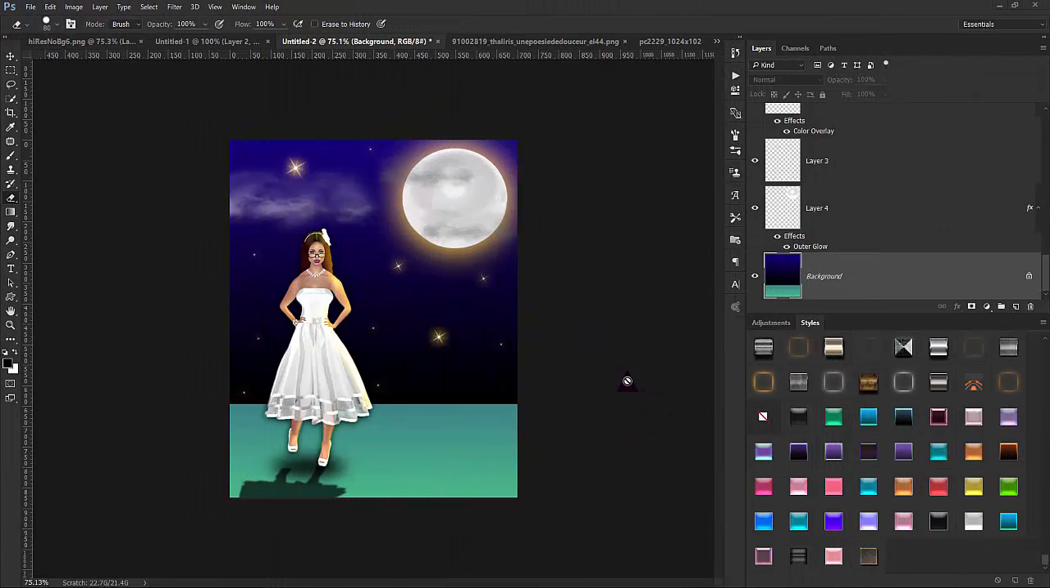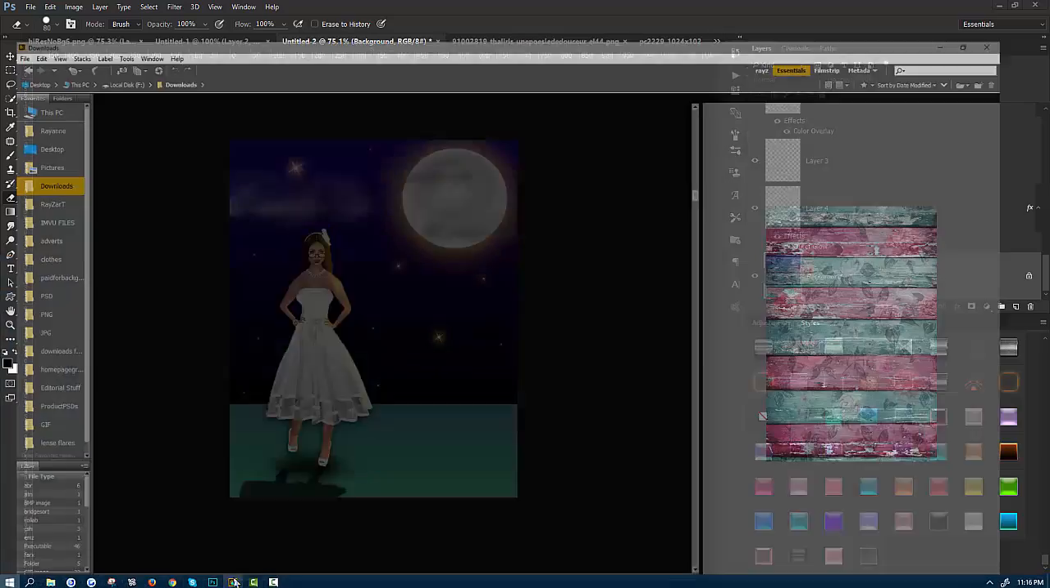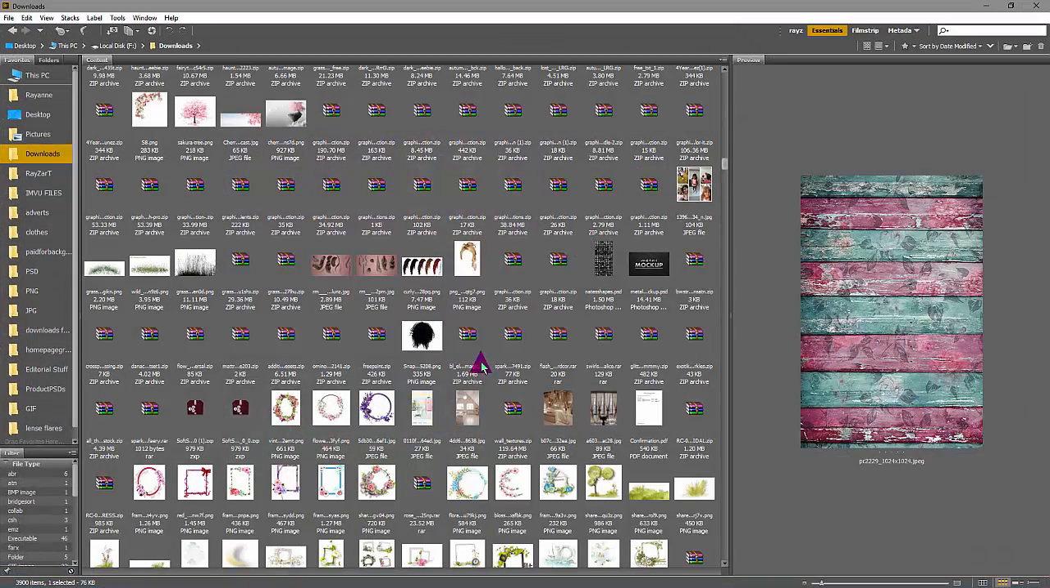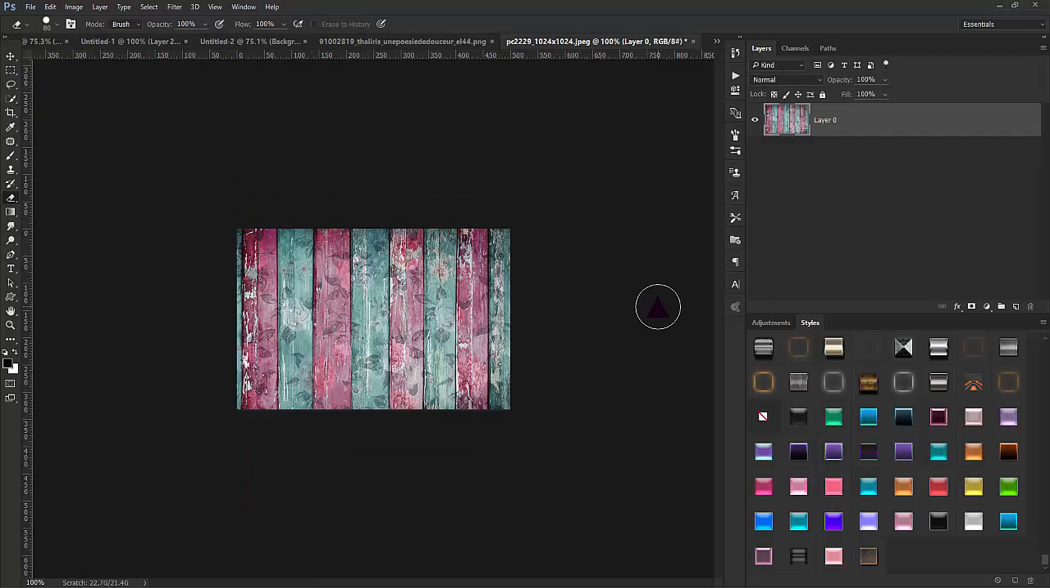Okay, so I have decided to make a new floor for this image. So that's what I'm going to do. I found one I'm going to use, and it's this one right here. Where the heck is it? There we go. Okay, so let's go ahead and drag it over to our picture,